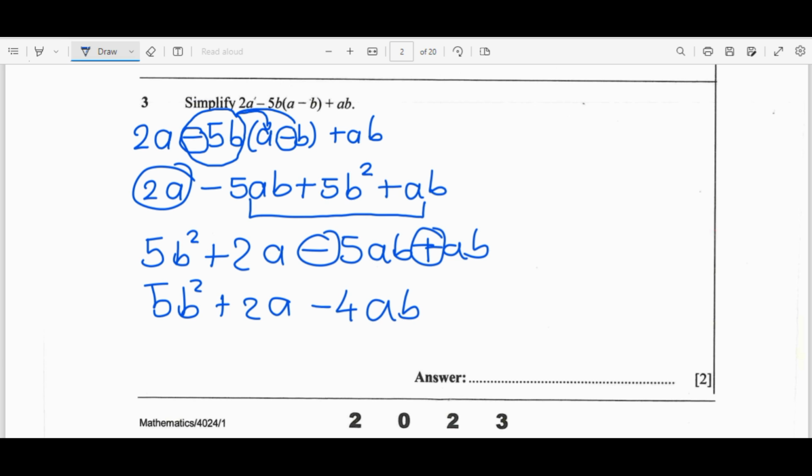Now here the answer will be negative since the bigger number has a negative sign. So this is our final answer because the remaining parts do not contain like terms, so we cannot proceed further. We move on to